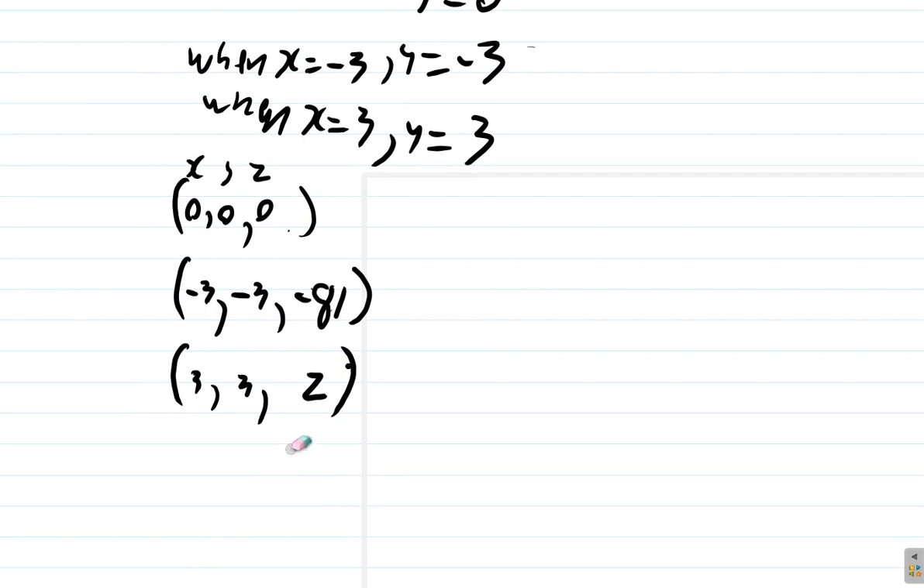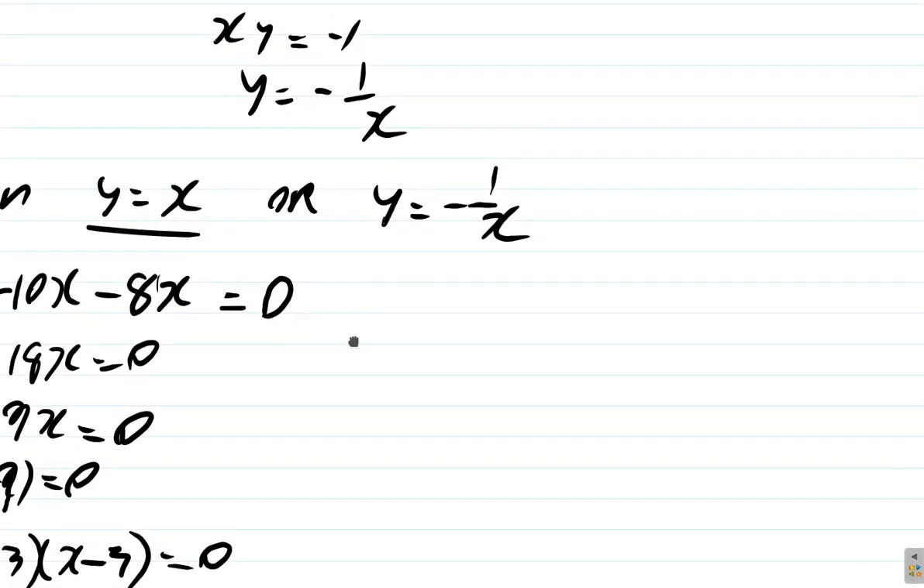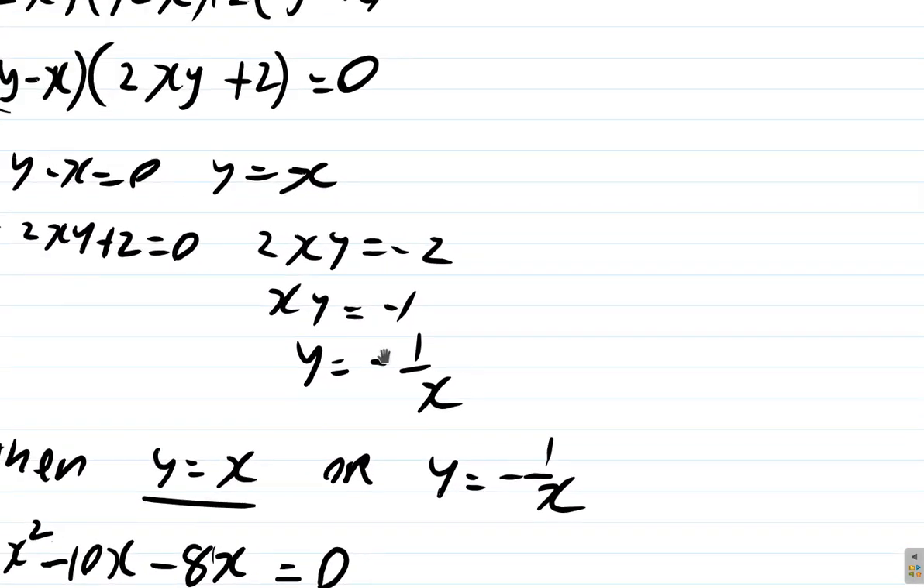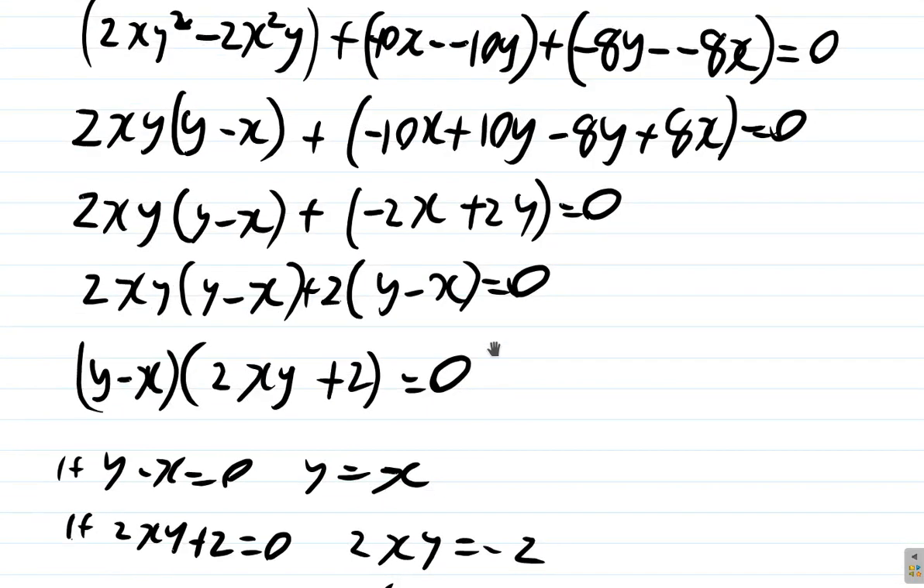So this would be a negative 81. So we have the location of those 3 points from the y equal x. Let's use the y equal negative 1 over x and see what other points we get. So y is equal to negative 1 over x. If we use